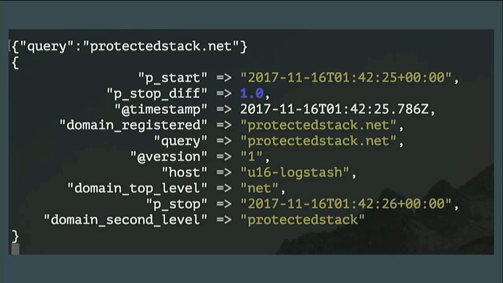If I'm looking at PR1 ECTED stack, well, that's interesting, right? That's alertable. That's actionable. If I want to know, hey, where are my users going to for foo.com, but not just the .coms, anything that's foo, right?